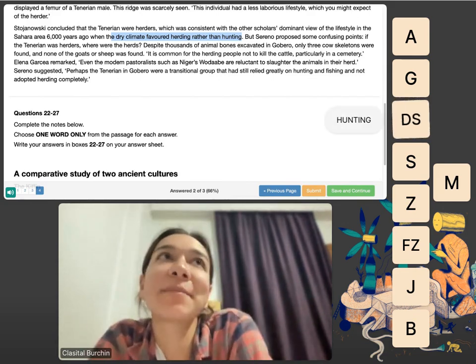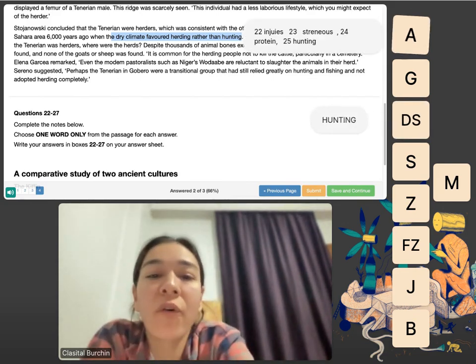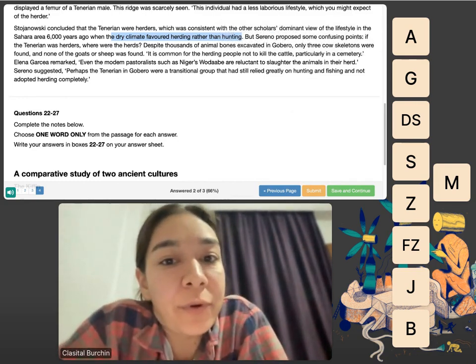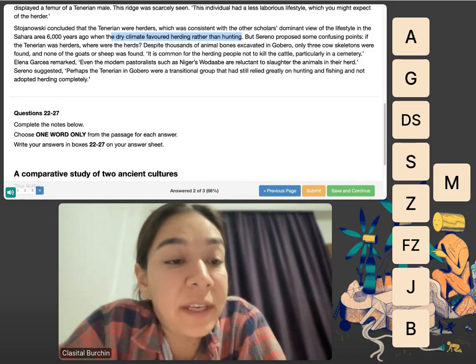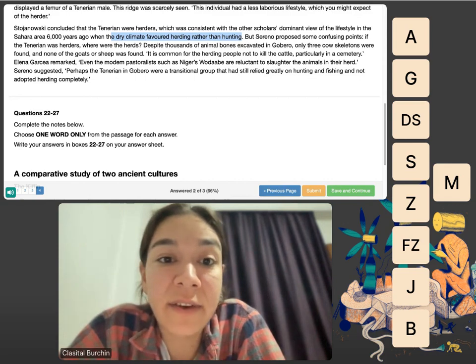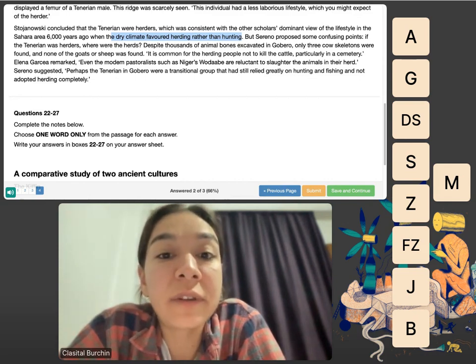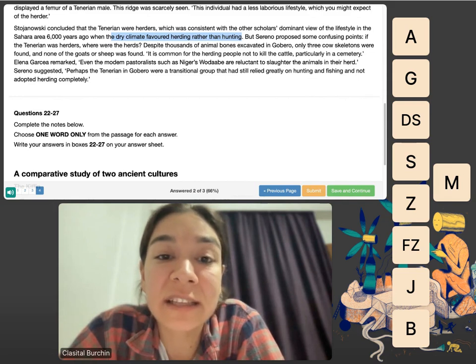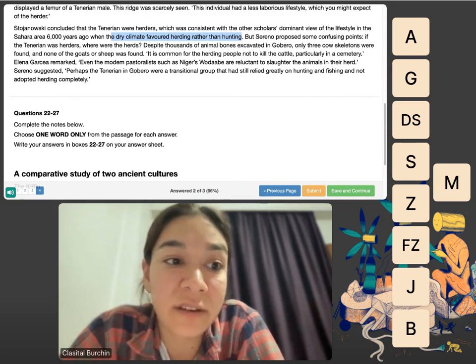Okay, I can. This is my last paragraph. All of my answers will be here. But Serrano proposed some confusing points. If the Tenerians were herders, where were the herds? Despite the thousands of animal bones excavated in Gobero, only three calf skeletons were found, and none of the goats or sheep was found. It is common for herding people not to kill the cattle, particularly in a cemetery,